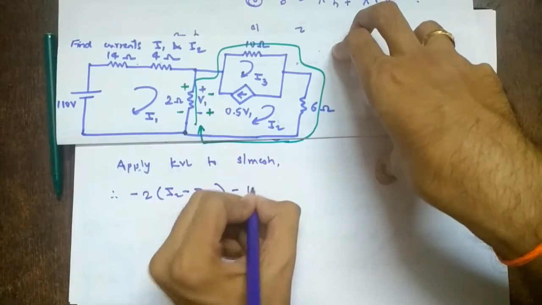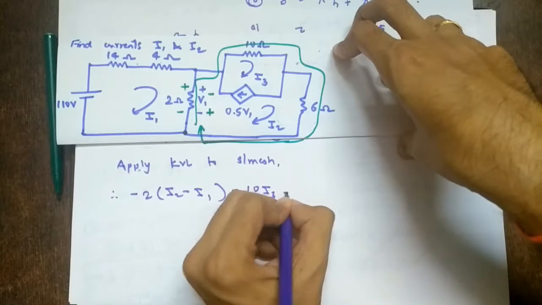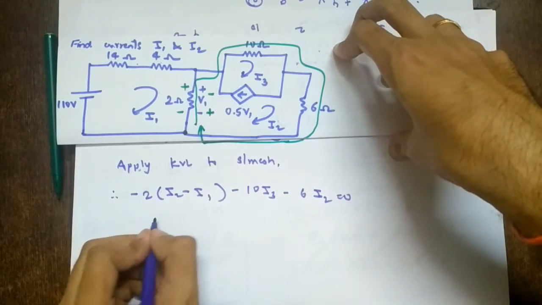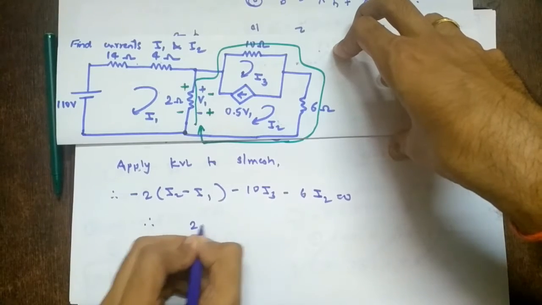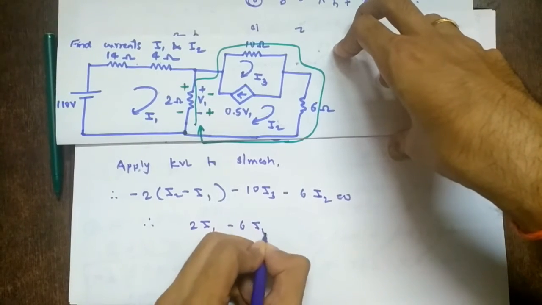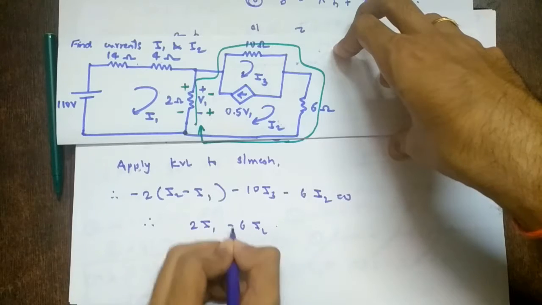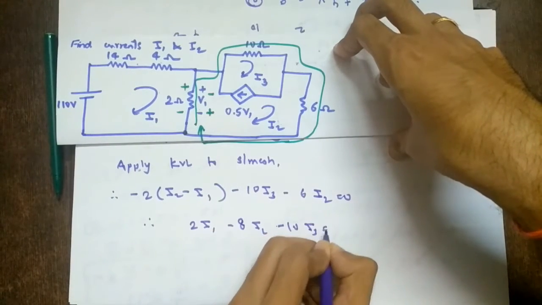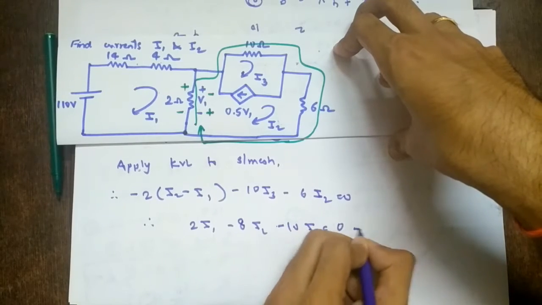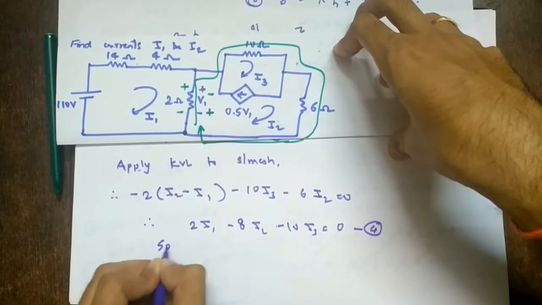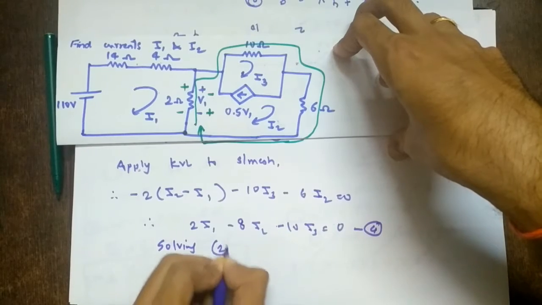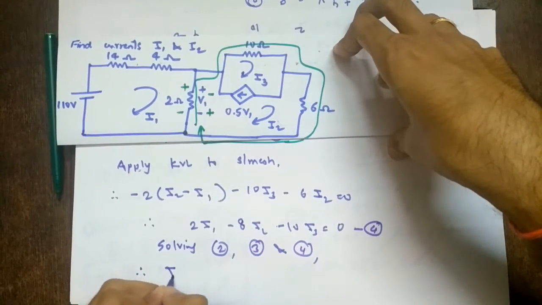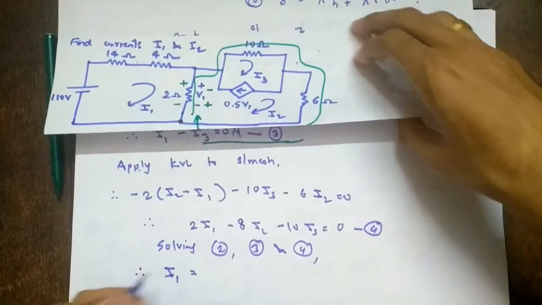So minus 10 I3 minus 6 I2 equal to 0. So 2 I1 minus 6 I2 minus 8 I2. This is also there. So minus 10 I3 equal to 0. This is equation number 4. So what will we write? Solving 2, 3 and 4. So what will we get? I1 equal to,